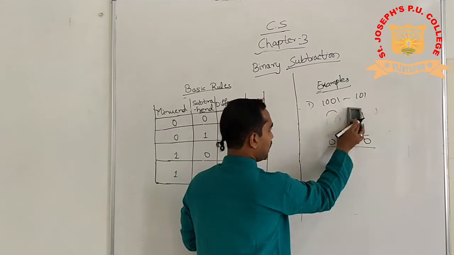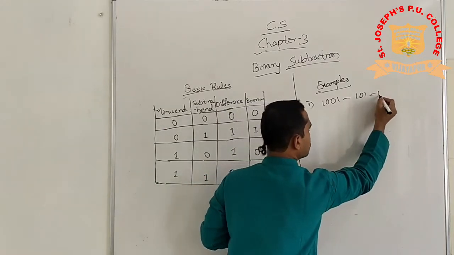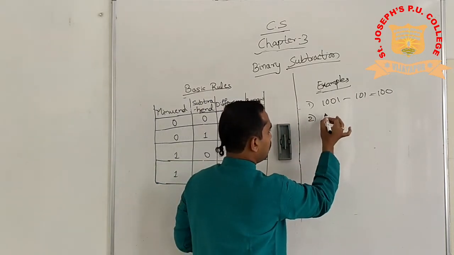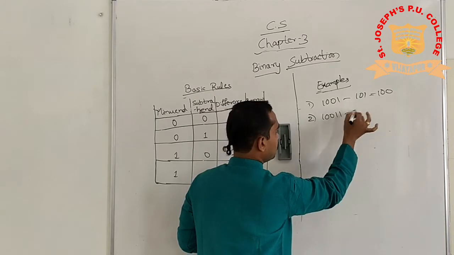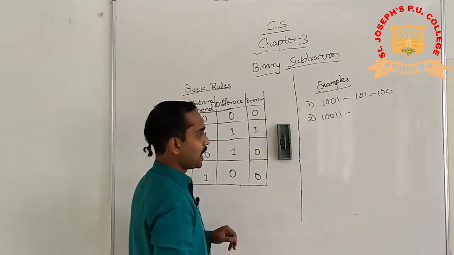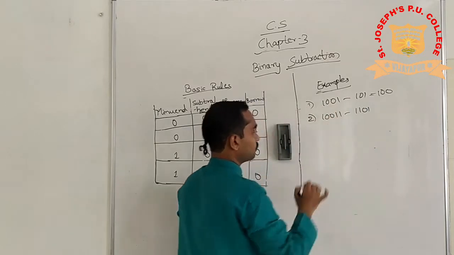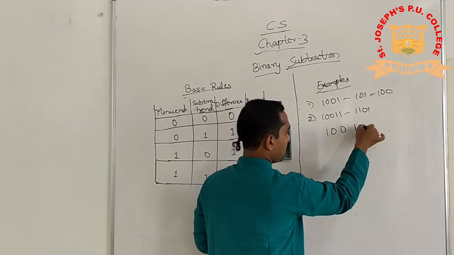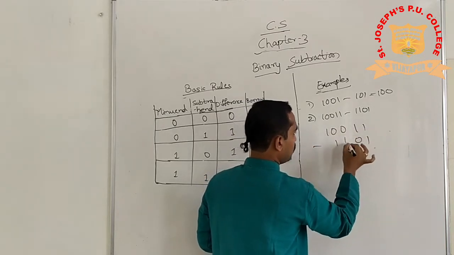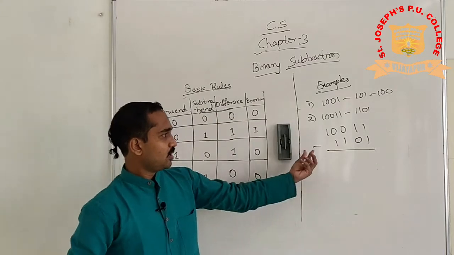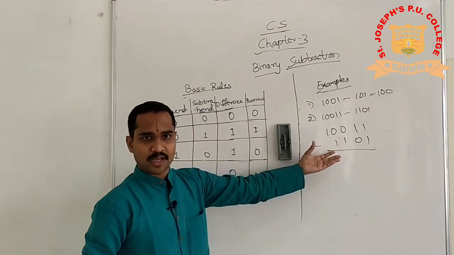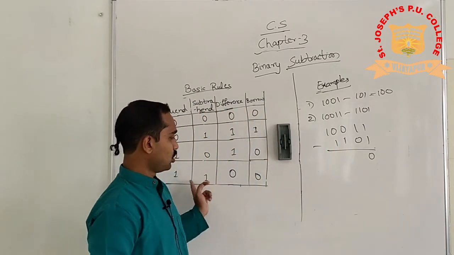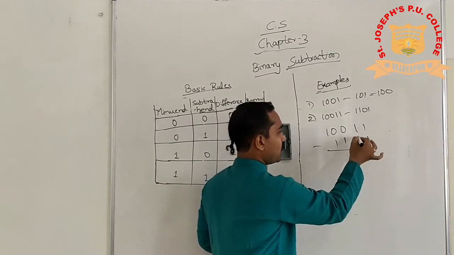Okay, let me give one more example so that you will understand. Now this is 100, done. Let us take one more example. Say 10011 minus 1101. This is the number given. How to subtract them now? 10011 minus 1101. Correct. You have to leave this space and write it. This is basic maths. I need not tell this. Fine. 1 minus 1, 0. Difference is 0. Borrow is also 0. No need to take. 1 minus 0.